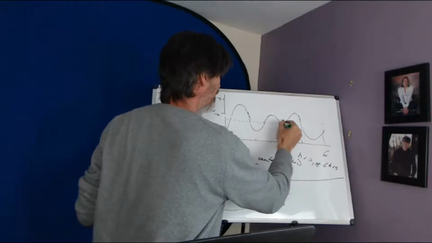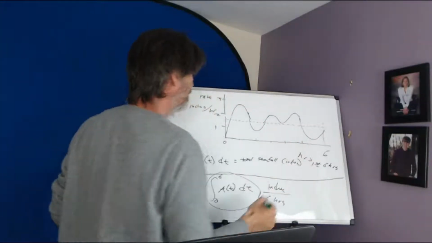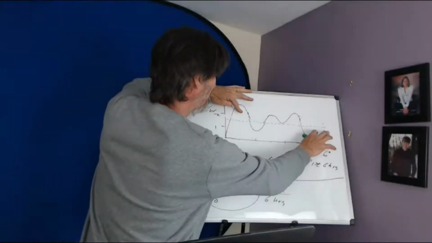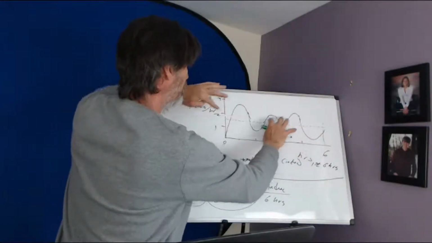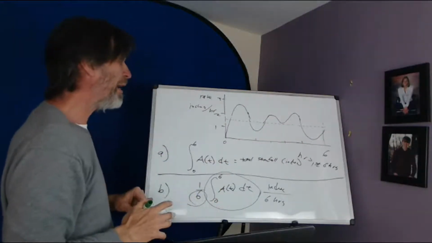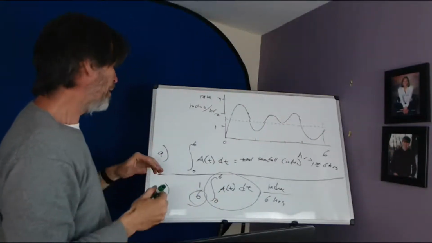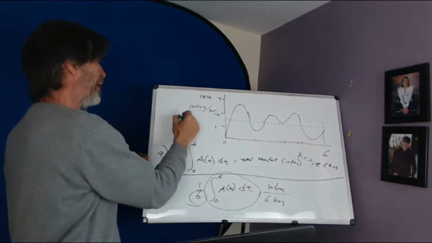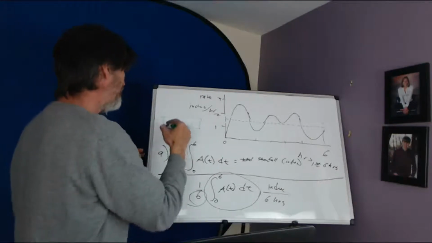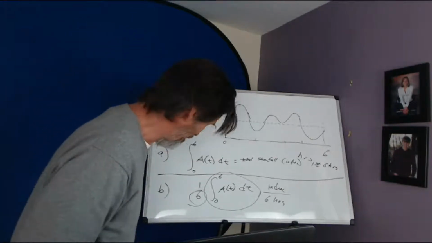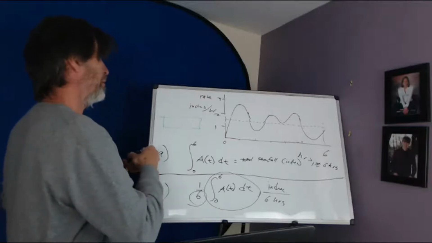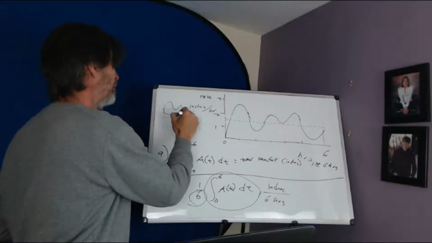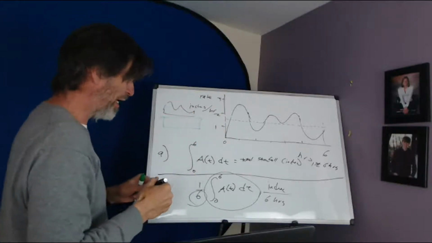This is probably a little better. So it looks like this area is a little bit less than that. Those two are a little bigger than those two areas, but I think that's right about where it should be. So what should happen is the area in this rectangle right there should be the same as the area under the curve. A miniature version of this over here, the area under the curve looks something like that. So those two areas should be the same, okay?